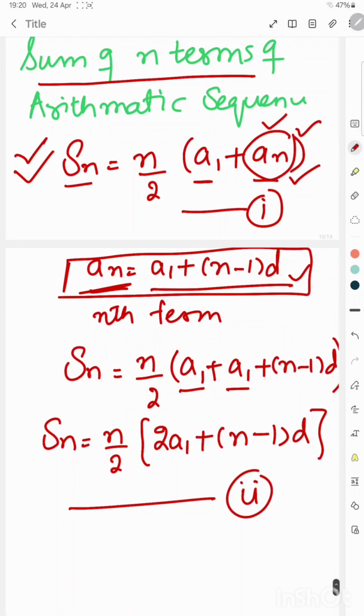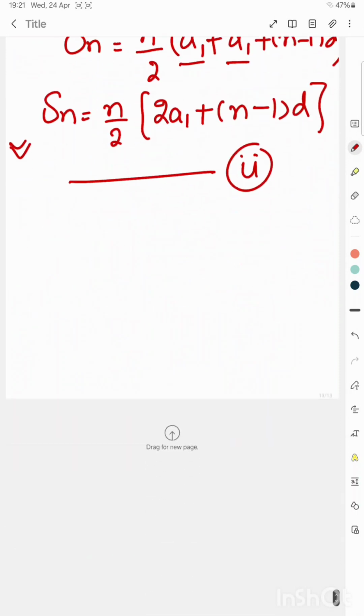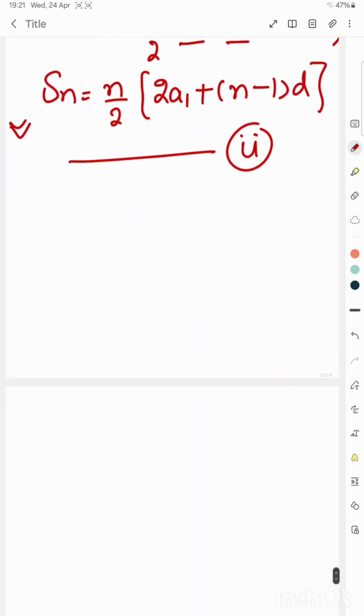So this is formula number 2. Students, always remember the formula is the same, but sometimes when the an value is not given in the question, you will use this formula and it will make your answer really simple. Okay, now I will solve an example for you so the concept becomes clear to you. So example number 1 is,